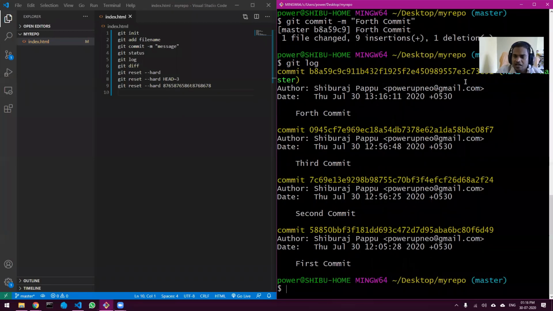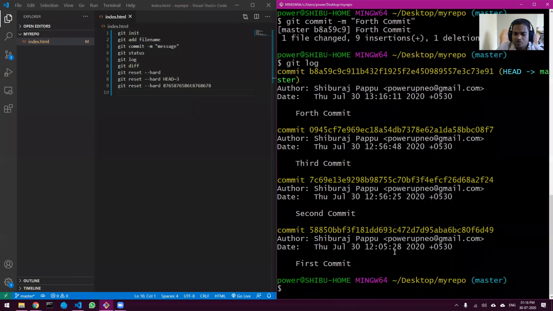So I think till here everybody is clear, right? Now the next thing I want to show is, in the next 5 minutes we will be seeing how to branch. What is branching? Before that I would like to show you, right now you are at head master. Basically your head, that is your current state, is at the final commit, that is the 4th commit.